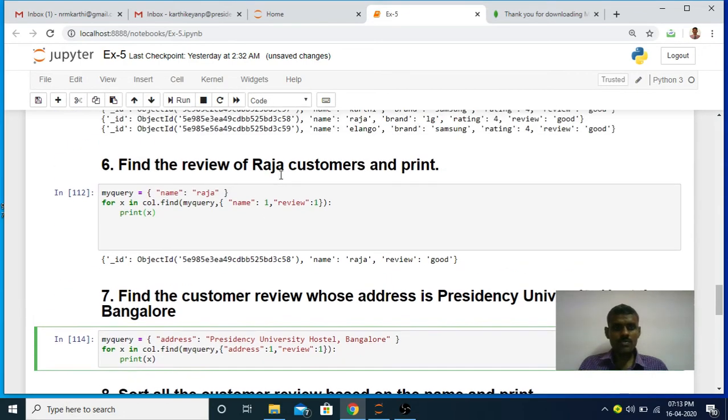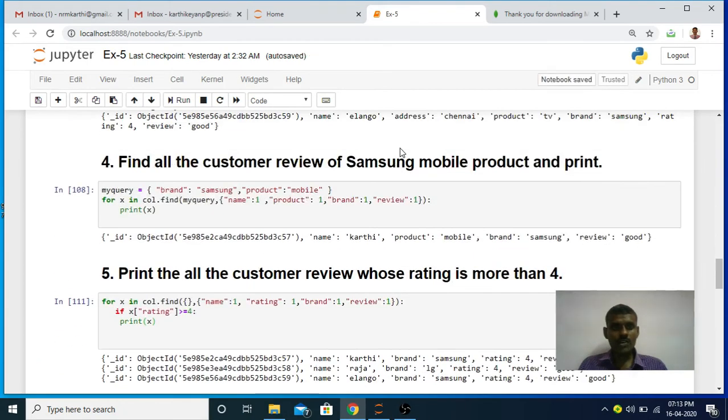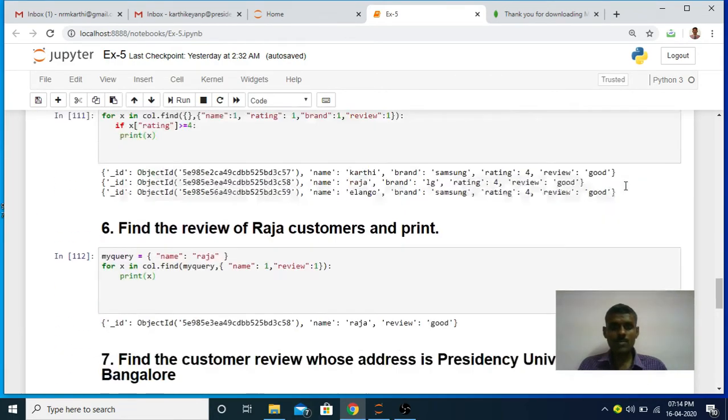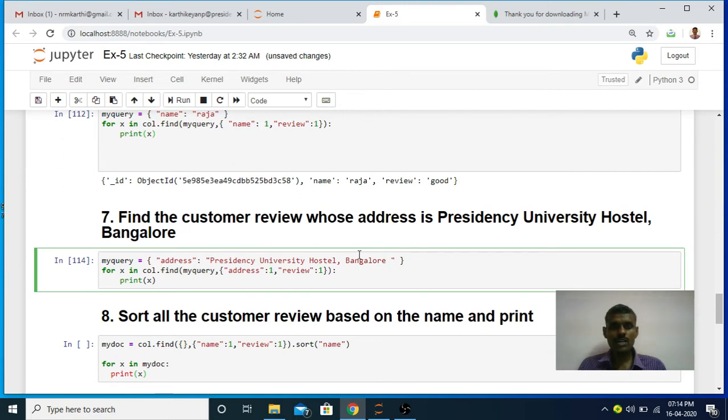The reason is we need to check our output. Actually, in the output, we need to check the address. We have to give the address as it is. Here you see there is one extra space. When you are comparing, here that extra space is not there. That is why I didn't get any output.